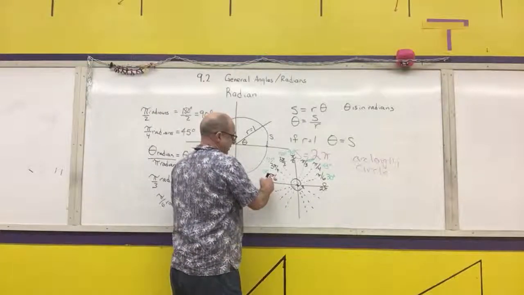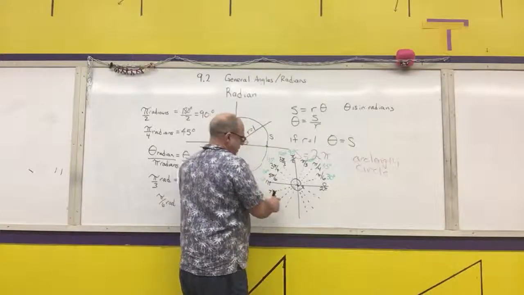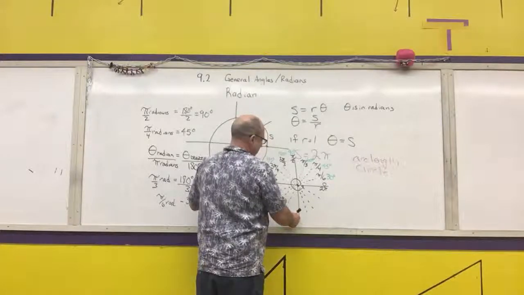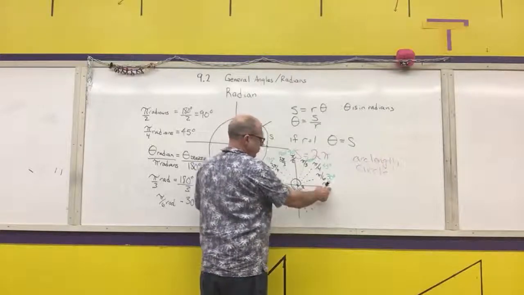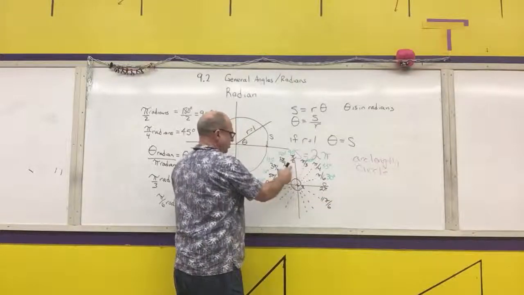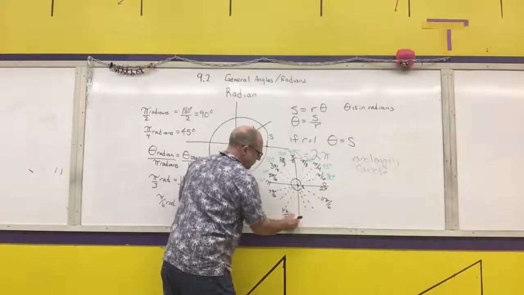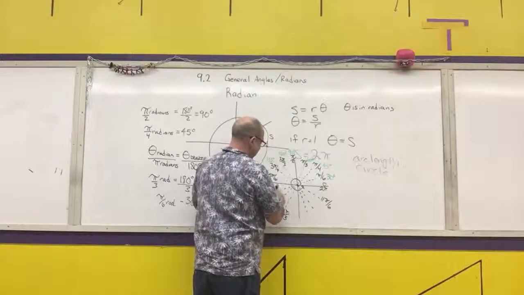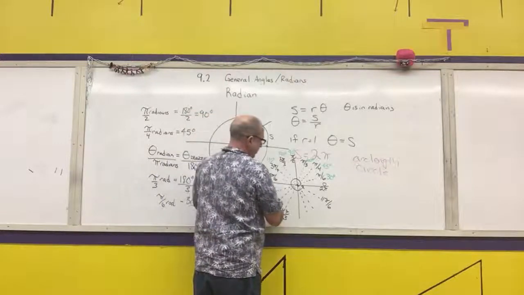So I've got 5π/6, 6π/6, 7π/6, 8π/6, 9π/6, 10π/6, so this one is 12, so that would be 11π/6. Okay, π/3, 2π/3, 3π/3, 4π/3, 5π/3, so 3 thirds, 4 thirds,